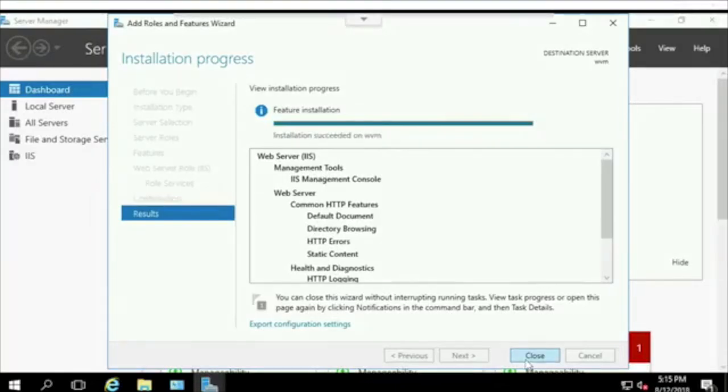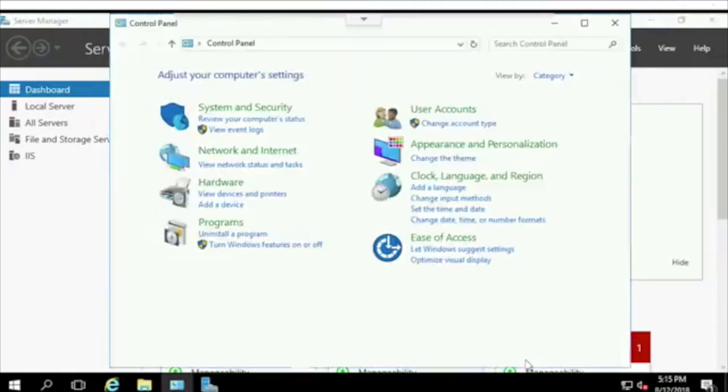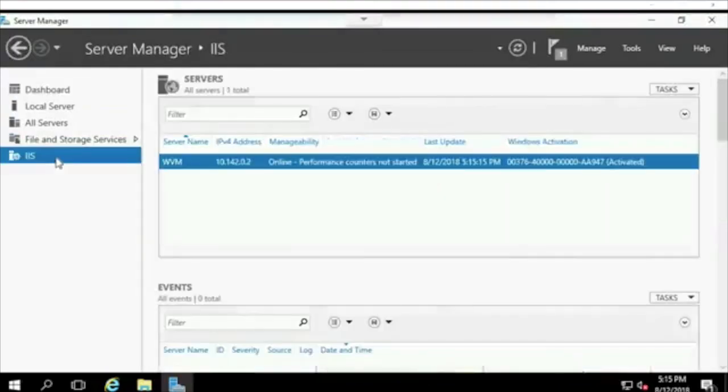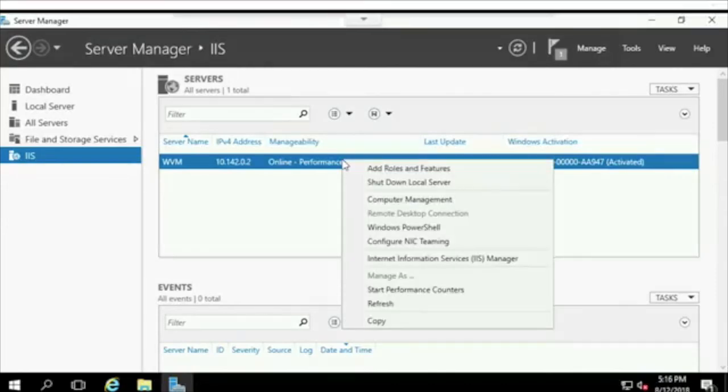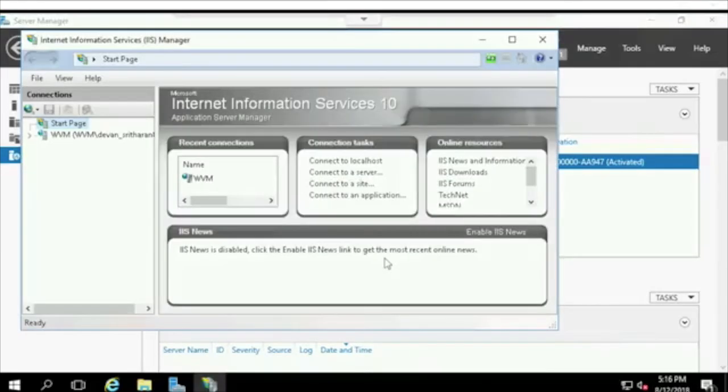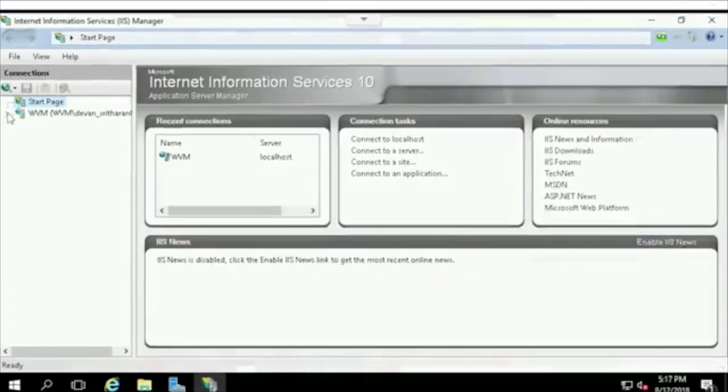It's now done installing. When we close this window, we notice that there is a new option on the Server Manager called IIS. We see here that we have an IIS service running on this server. We can configure this service by right-clicking on the entry and then selecting Internet Information Services Manager. Then I'm going to expand on our server